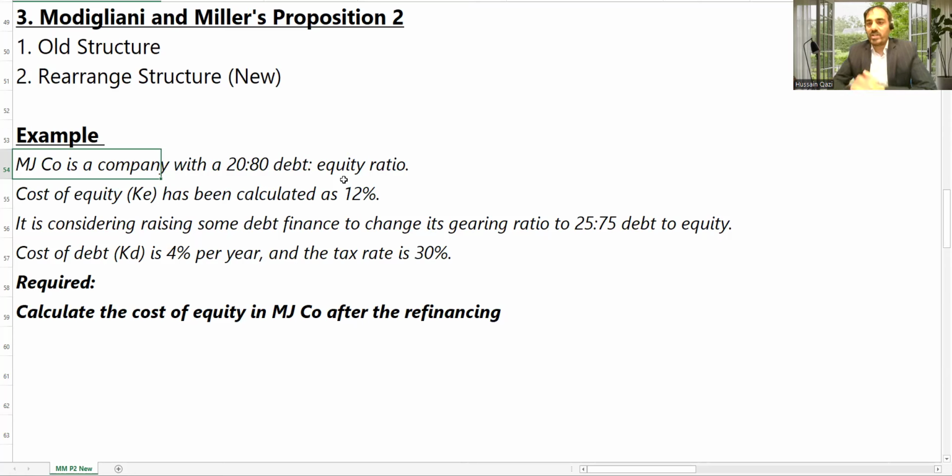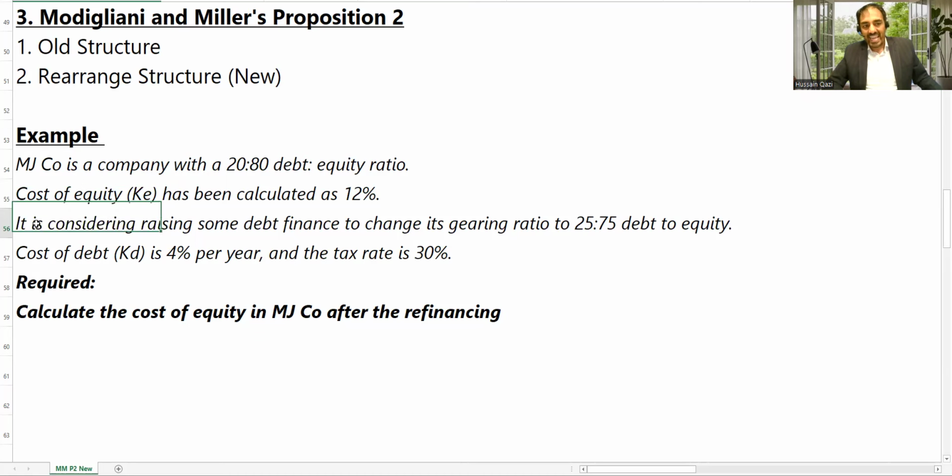The capital structure is 20% debt, market value based, and 80% equity. Cost of equity has been calculated at 12%. Sir, if KE is mentioned, that means the cost of equity with the geared beta, that's